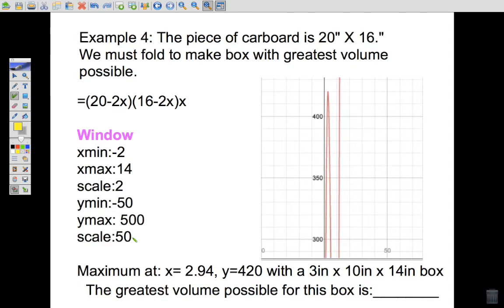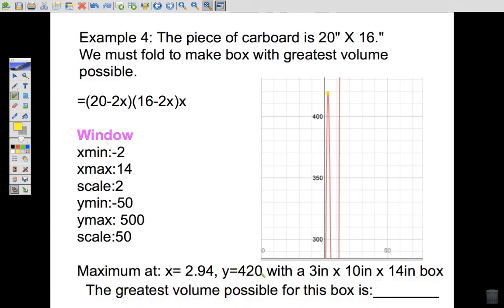Now you can see the actual shape of your polynomial. You can see that local maximum. You can even see the local minimum on your screen. So one more time, you're going to have your calculator calculate what that local maximum point is. When you go through that function, calculate maximum. Ask for the left boundary, move your cursor to the left side. You'll ask for the right boundary, move it to the right side. Finally, hit enter, and it'll tell you that this local maximum is 2.94,